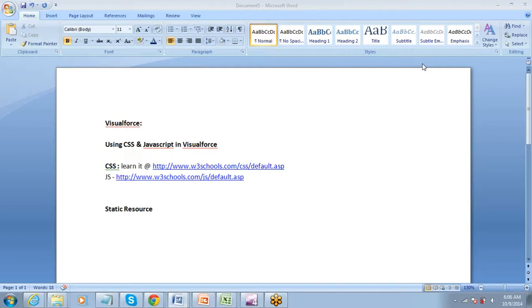Let's say on the Visualforce page you are designing, if you want a small image, now that image that comes on the Visualforce page, that has to be saved somewhere, right? So if you save that on your local hard disk, will someone be able to access it from some other locations? No, because the entire system is on cloud. So the image which is being referenced, that should also be on cloud. Otherwise that page will not be able to call that image. Got it?